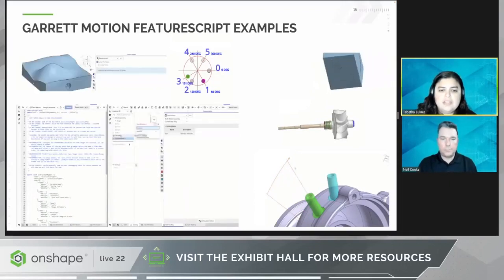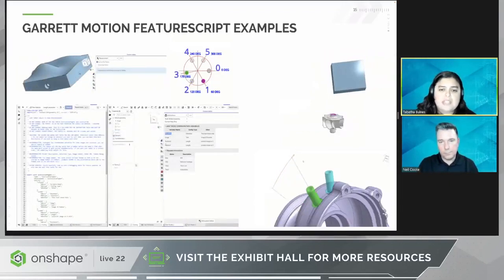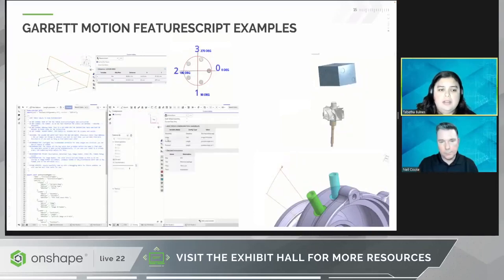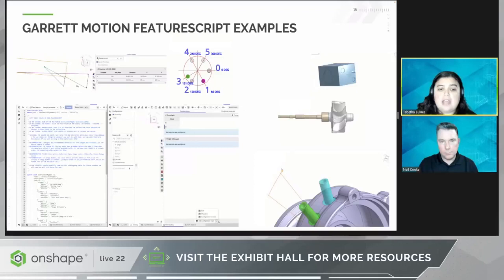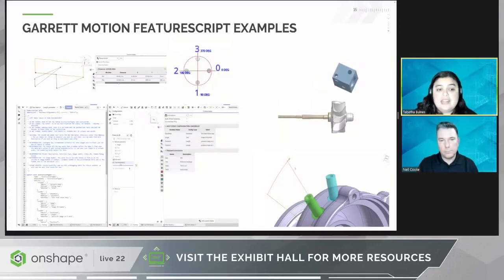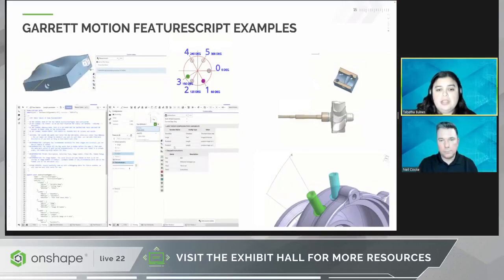These feature scripts also make it possible for users who are new to CAD to create the parts that they need without taking away time from design experts. And as a sneak preview of what we'll be rolling out in a future Garrett Motion sprint is this FeatureScript